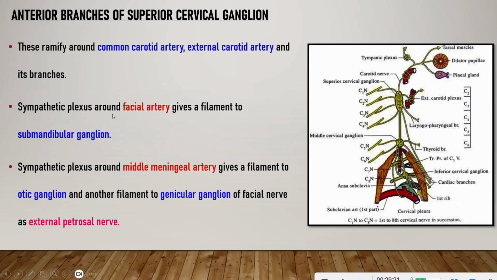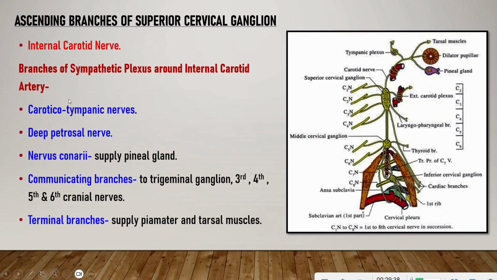So the sympathetic plexus around the facial artery gives a filament to the submandibular ganglion. The sympathetic plexus around the middle meningeal artery gives a filament to the otic ganglion, and another filament to the geniculate ganglion of the facial nerve as the external petrosal nerve. Okay, and the ascending branch of the superior cervical ganglion is here known as the internal carotid nerve, and branches of the sympathetic plexus around the internal carotid artery